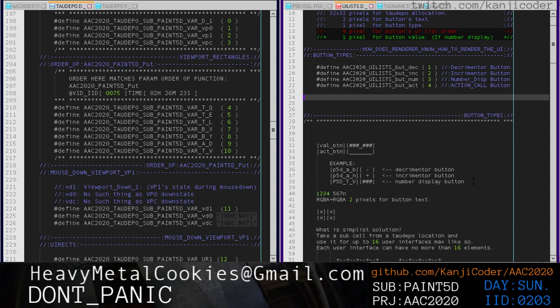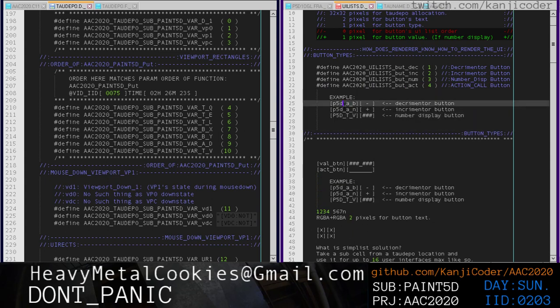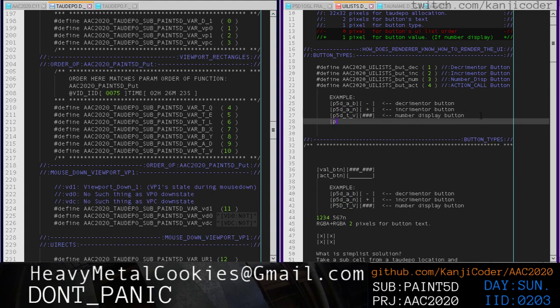And so it would have the actual text, right? So it had the actual text. We're going to say what the text is, and the type of the button is going to show what's going to be over here, right? What ends up over here depends on the type of the button. And then, so P5D,